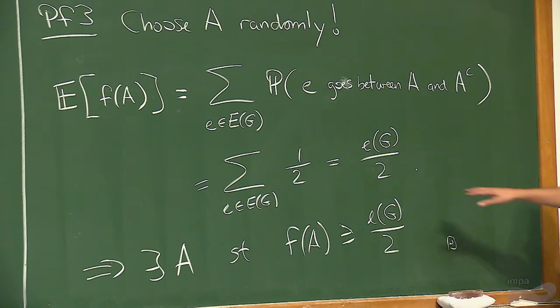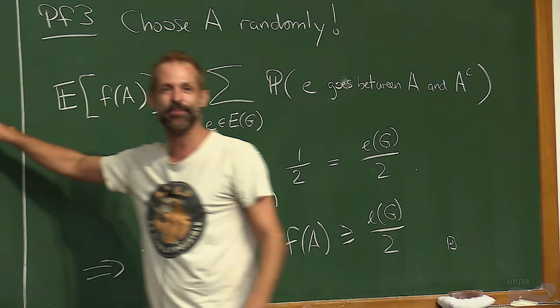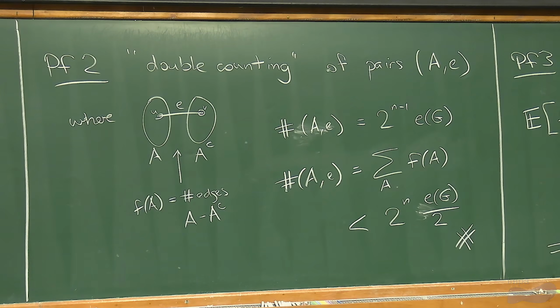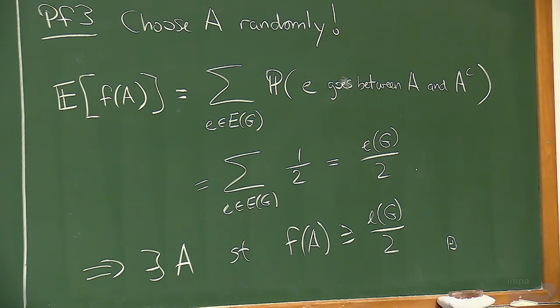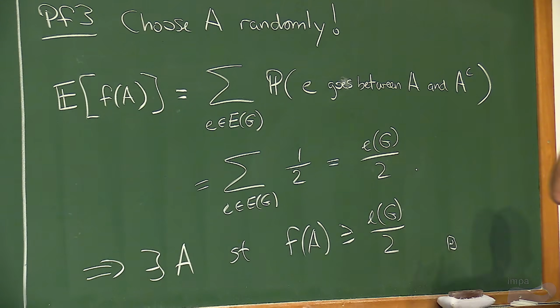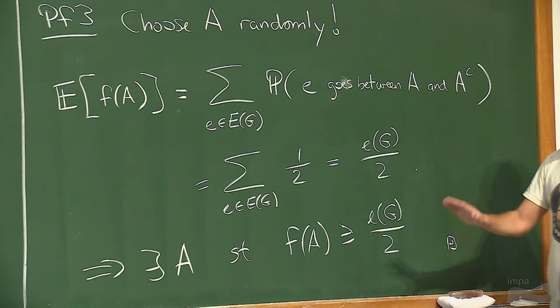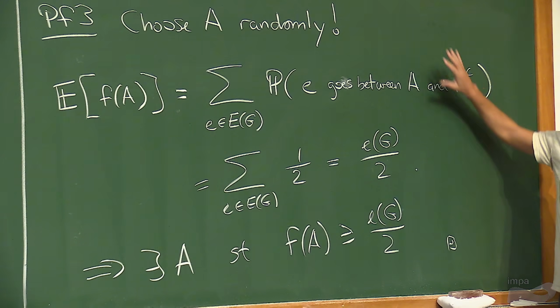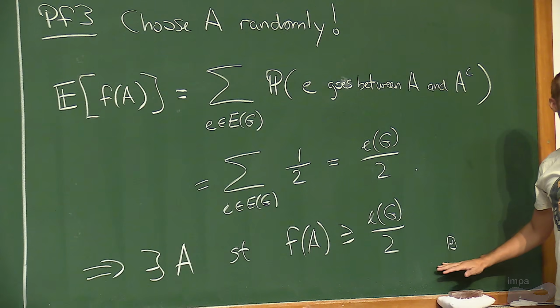Okay. So notice, this proof is just exactly the same as this proof, right? Which is exactly the same thing, but we wrote it in probabilistic language. What was the point? Well, for this proof, there wasn't much point. But what we'll come to realize is that writing things in probabilistic language can be very powerful when we're in slightly more complicated situations. So this is our basic fundamental example. If you want to prove something, it's often just choose it randomly, calculate the expectation, see what it tells you.